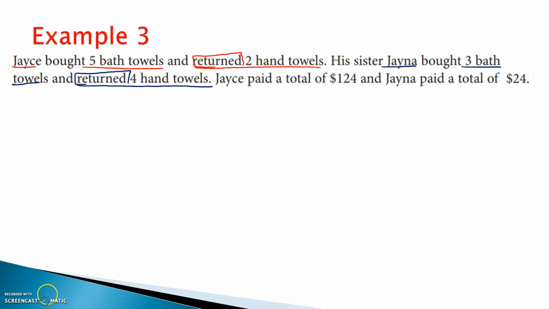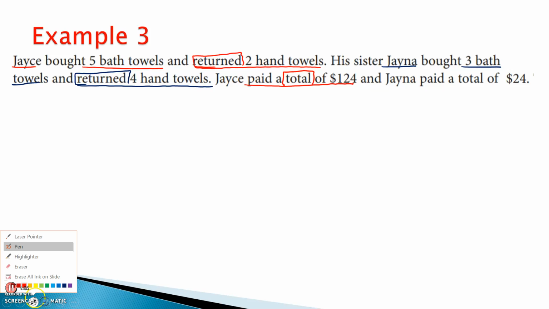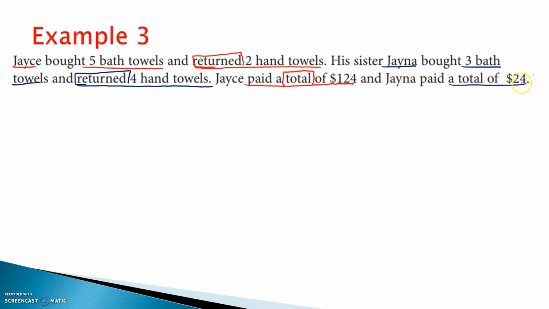It also says that Jace paid a total of 124. Total being the keyword here. Total means the sum is going to equal, right? It's going to equal 124 in a second. And for Jaina it says paid a total of $24. And again, total. In this case, it was 24. So let's write an equation for the brother here